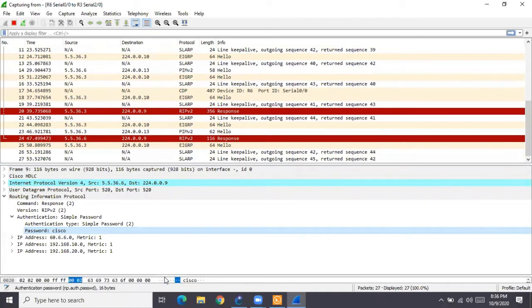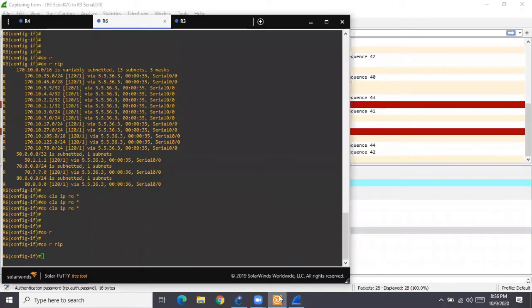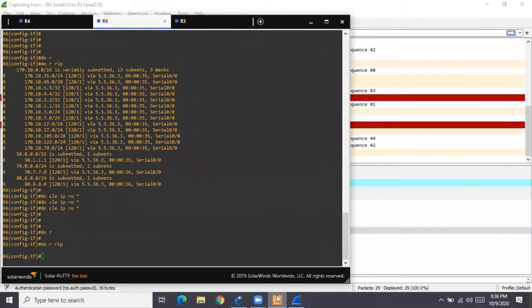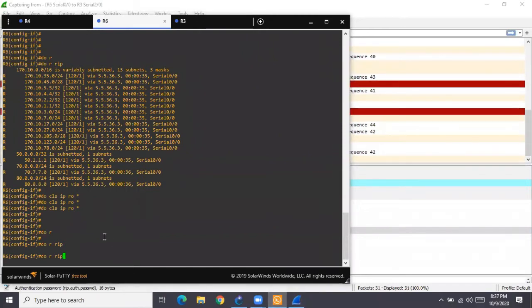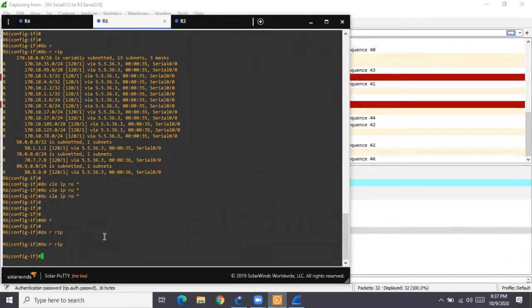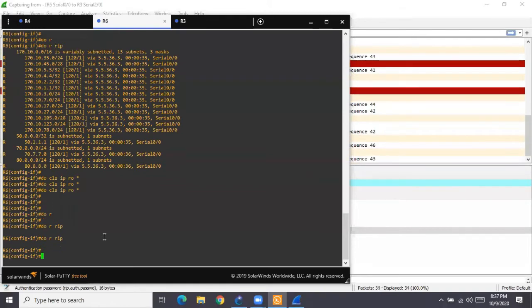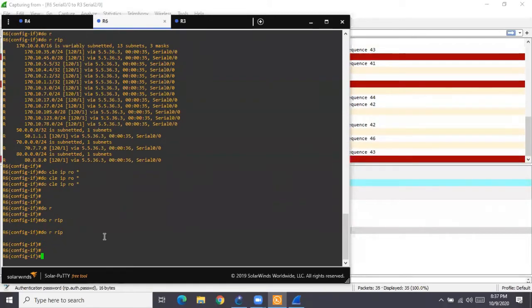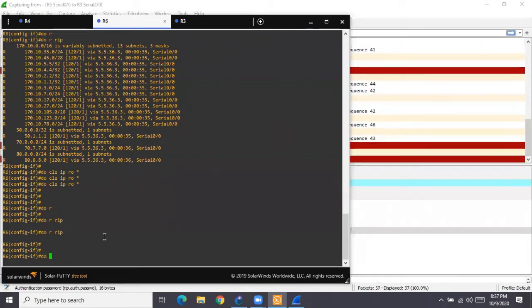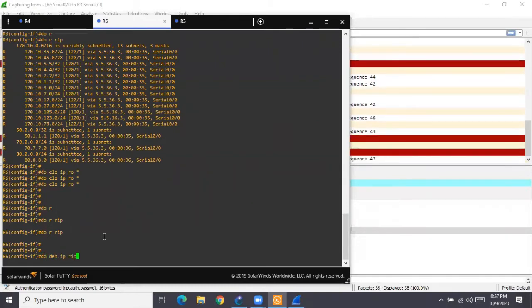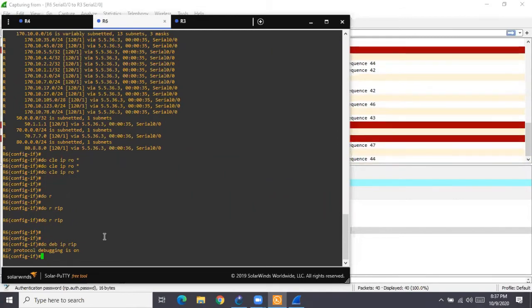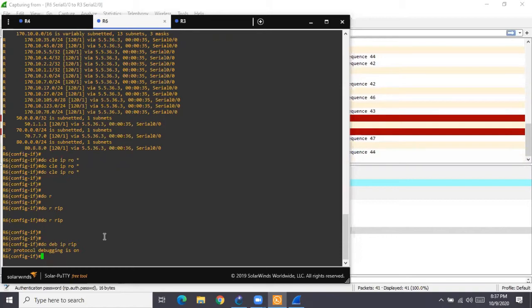So clear. So now what happens? If I don't configure R3, there won't be routing failure now. So now RIP communication has been secured. How has it been secured? By some simple password. Now R6 says I'm not going to accept any packets without authentication. We can even see it in debug also. Do debug ip rip now. If I say do debug ip rip, let's see what debug shows you.